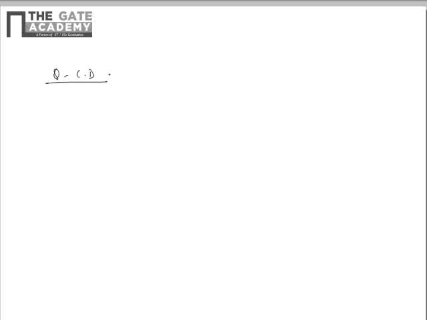Okay, the question is given as the grammar S → A B | B B, A → epsilon and B → epsilon. So we have to find out whether the grammar is LL(1) or SLR(1), whether both are true, or only one of these is true, or none of these are true. So the given grammar is like this, so we have to find out.